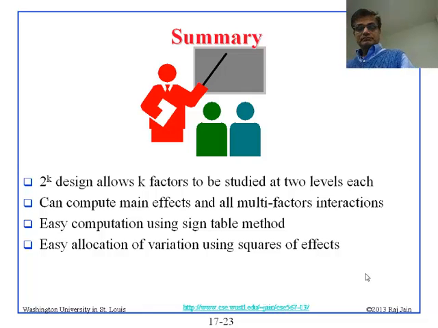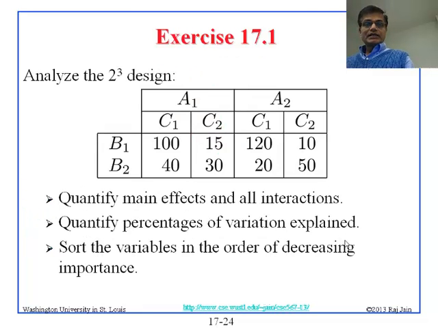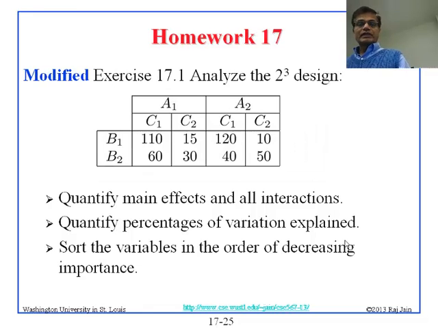Right? So then there is a homework and exercise. Homework is this value. Now there are three factors A, B and C. Rather than writing in the sign table form, I have given you in another table form. All you do is write them in the proper rows